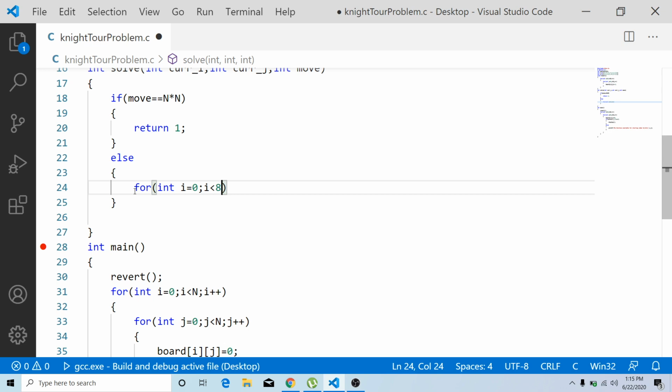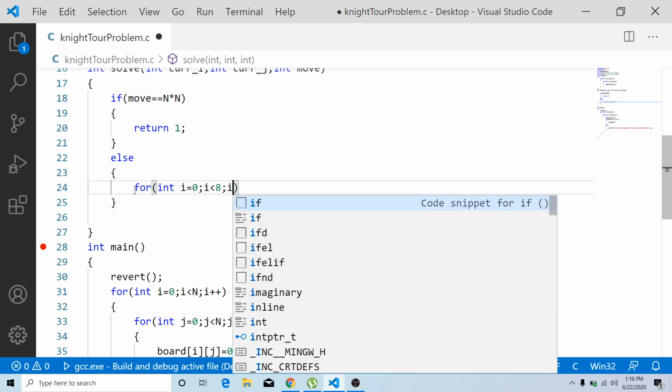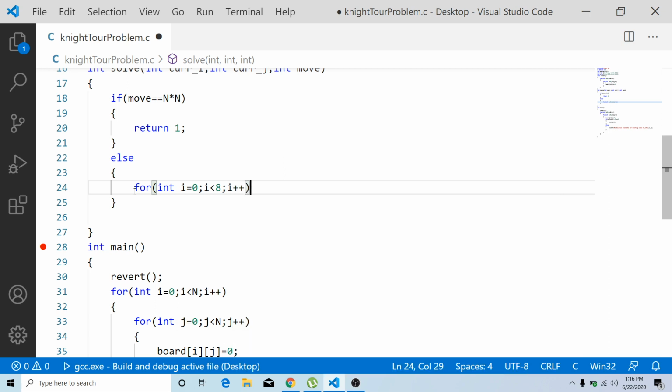Because you will have exactly 8 possible ways. From every cell you can move 8 ways, so I have to check all the 8 ways. For checking those 8 ways, we are writing this loop: int i equal to 0, i less than 8, and then i plus plus.